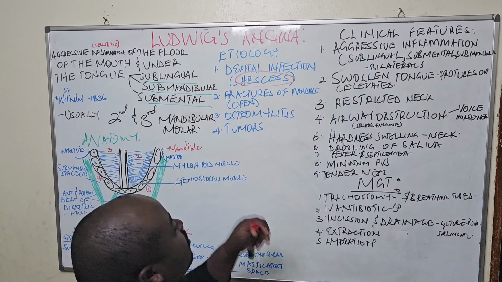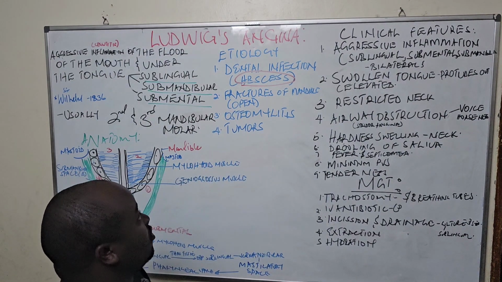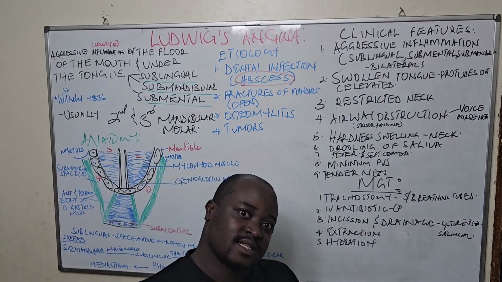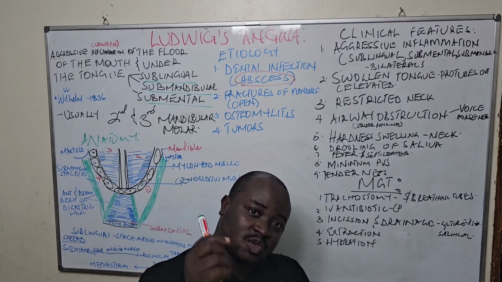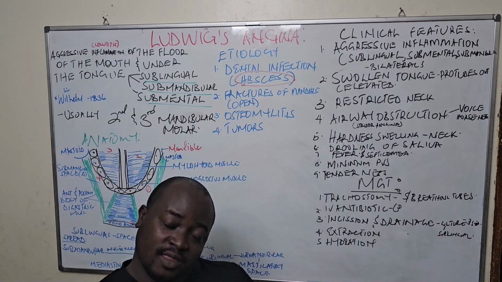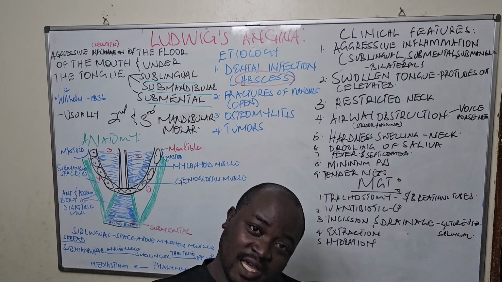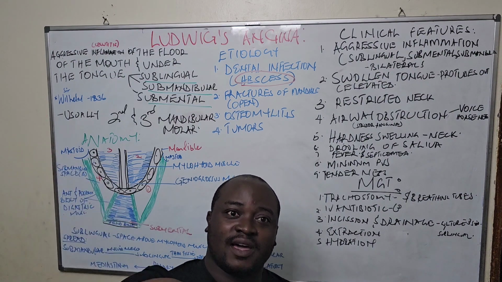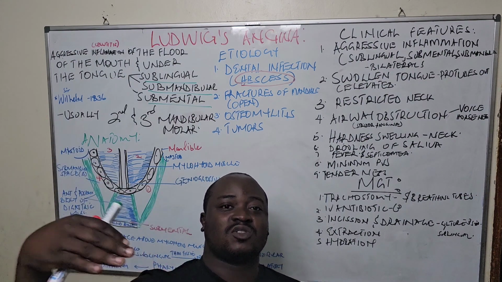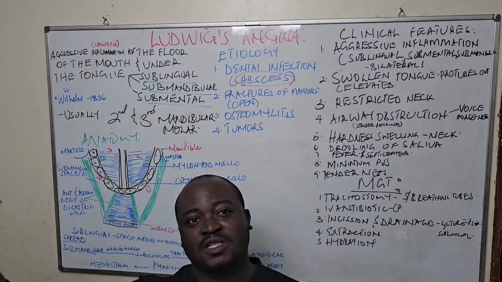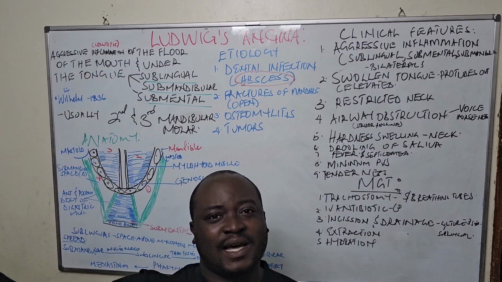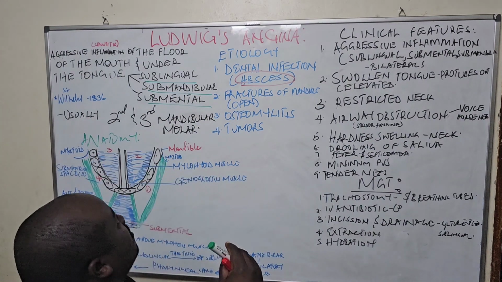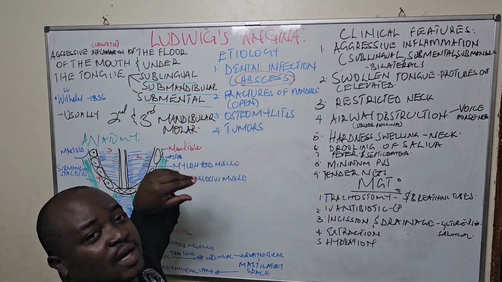Dental infection, it could be one of the what? The causes. Fractures, especially open fractures. Fractures which are open, because you know the oral mucosa is thin. So if it is torn, it could expose saliva, or expose infection from the cutaneous tissue. It could expose pus or any skin infections, which could cause infection to what?